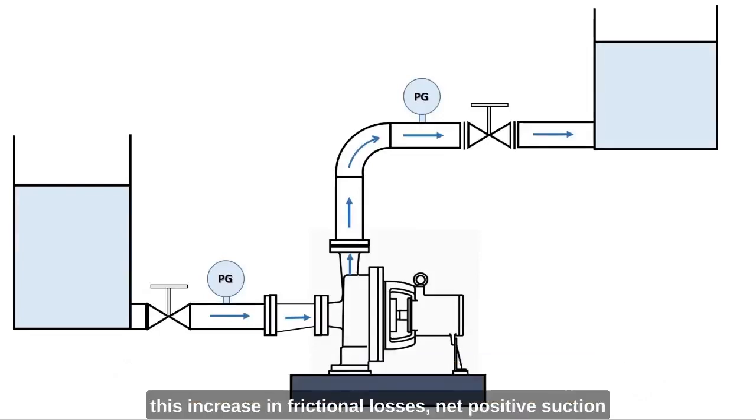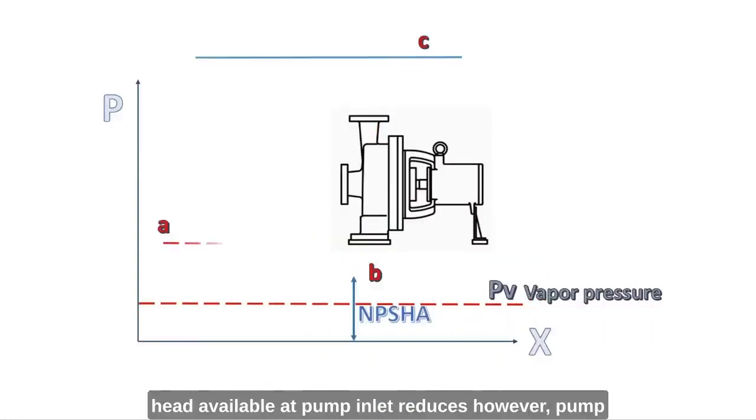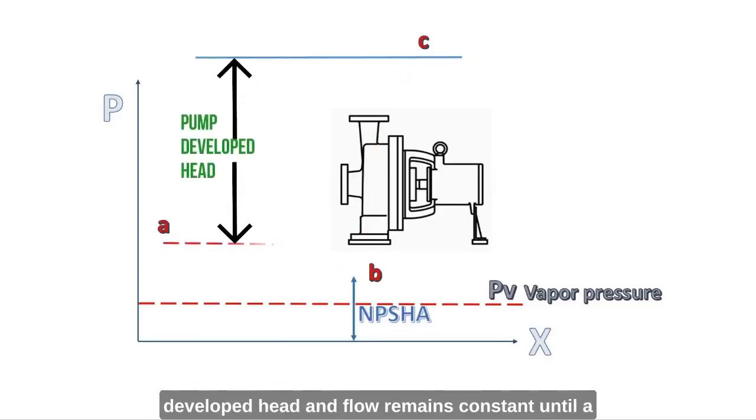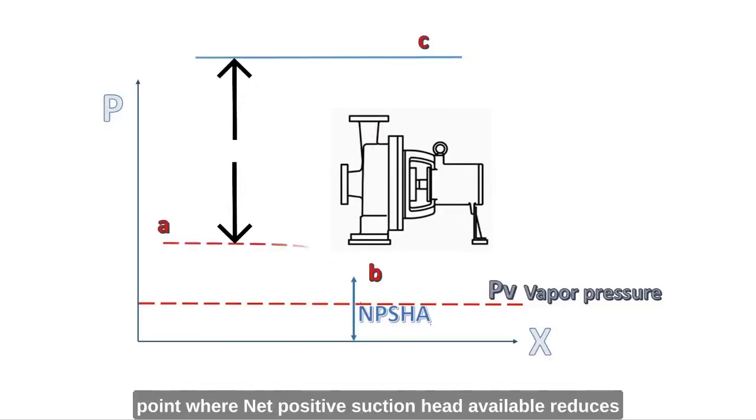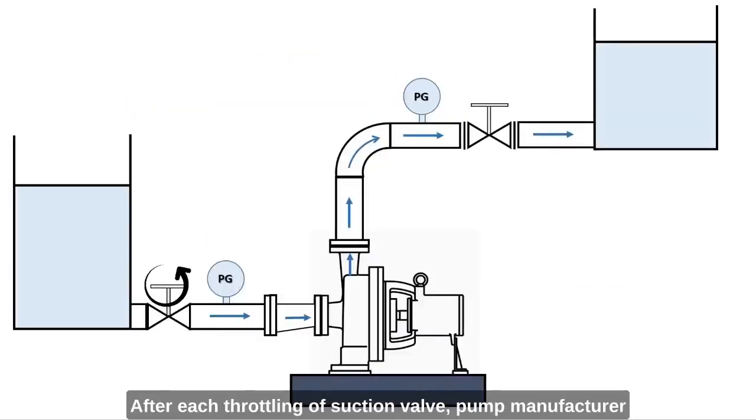And because of this increase in frictional losses, net positive suction head available at pump inlet reduces. However, pump developed head and flow remain constant until a point where net positive suction head available reduces below vapor pressure. After each throttling of suction valve,